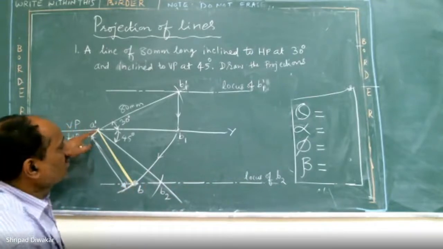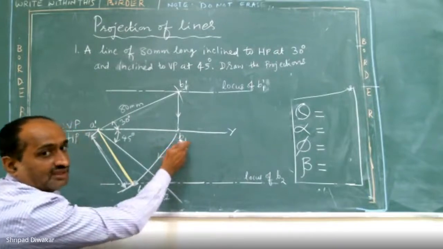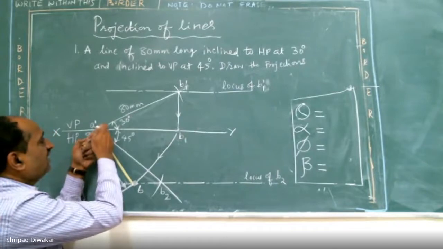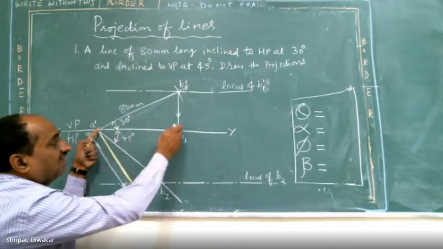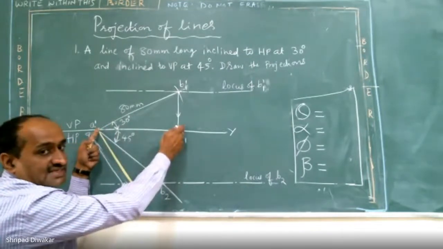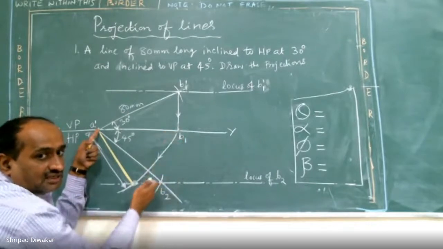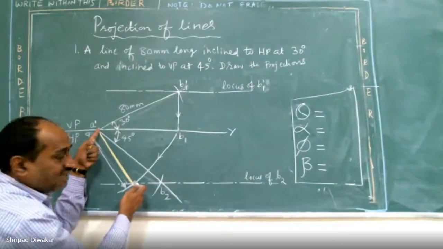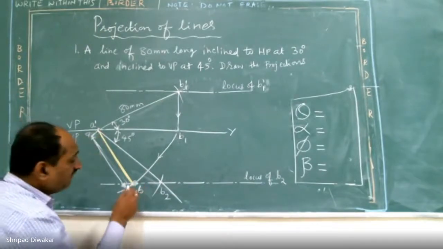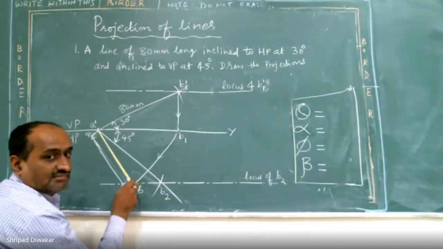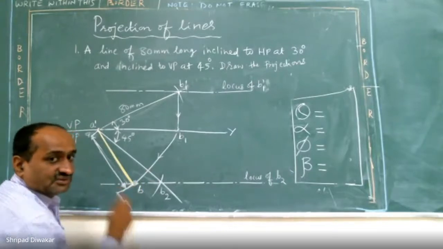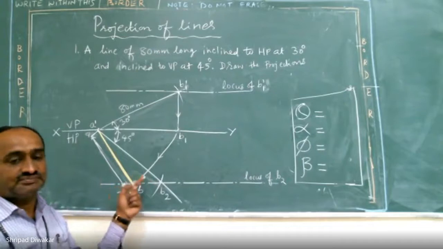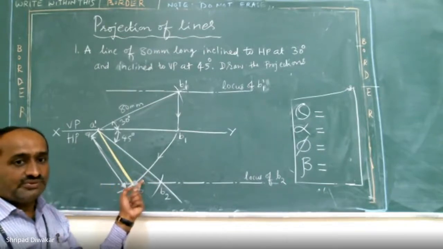After putting B1 with the compass, take either A or A dash as center, AB1 as radius, and draw the arc in this direction. It cuts the locus of B2 at some point. Whatever intersection point you are getting, mark that point as B. As I said, this is your apparent length in top view.